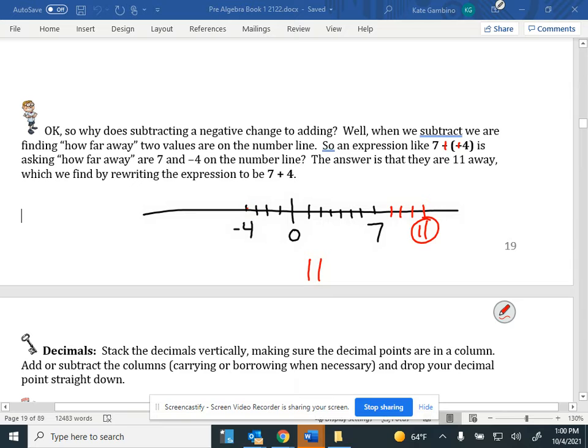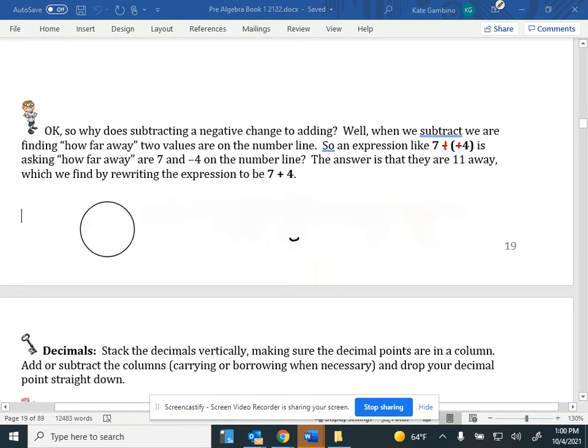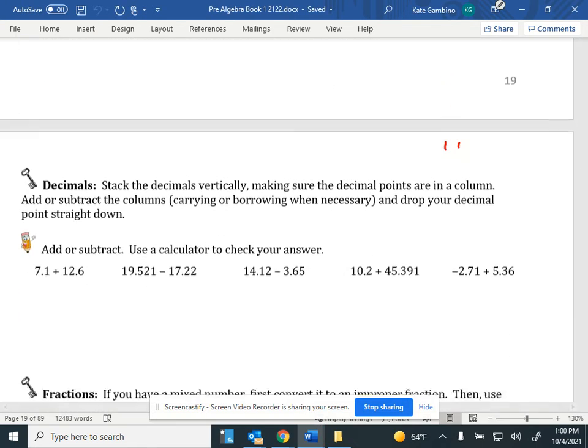Does that make sense? Yeah. Okay. All right, let's look at the next page. We've got